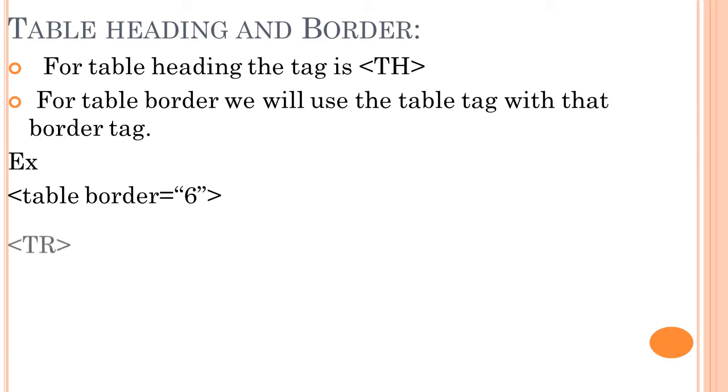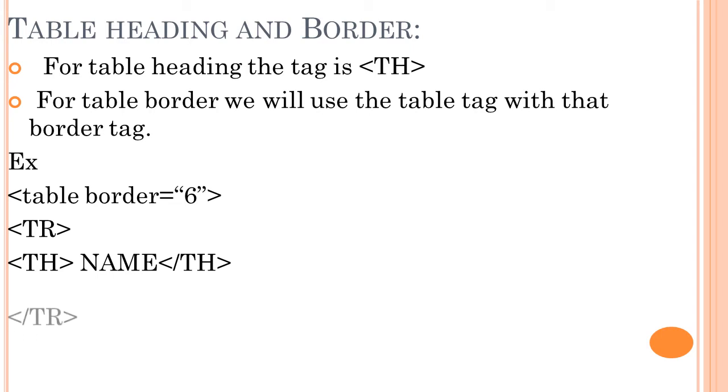Okay, next, first row. In the first row only, usually we will display the heading. So first row tr and td, th. Instead of writing td, we have used th. Okay, that is the difference between the heading and the cell. In the place of the first cell, you want to see the heading, right? So we have used th. Okay, then I have closed th and tr. Means the table is having only one row with only one heading. This is about creating a table with heading and the border.